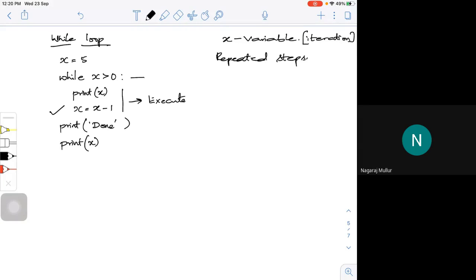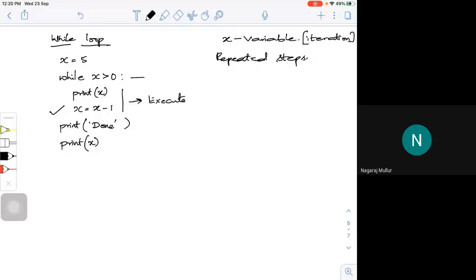Then I'm going to decrement it. So 5 minus 1 becomes 4. Till then it will continue the loop. So 5, 4, 3, 2, 1. Now 1 minus 1 becomes 0.